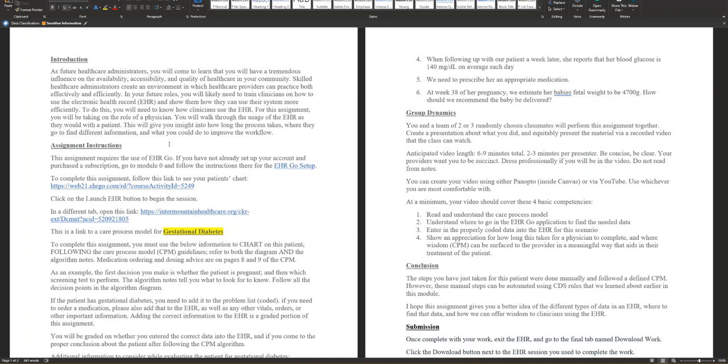But I wanted to go through this document really quick and show you what was going to be expected of you for the assignment and what to do. And so each specific group project, there's a few different scenarios. The one I've chosen to show you here is one for gestational diabetes. So to get started, we're going to